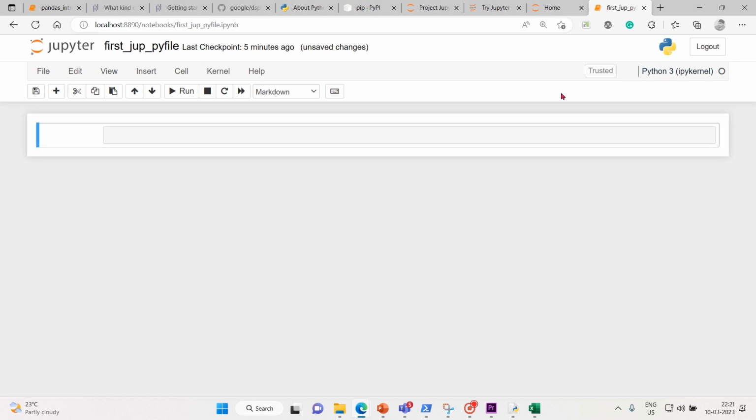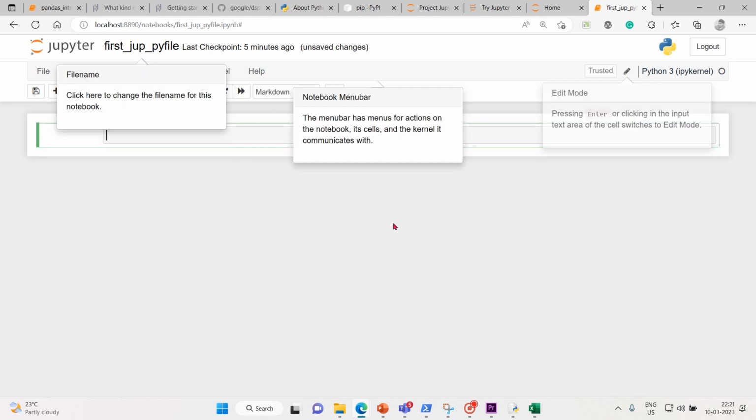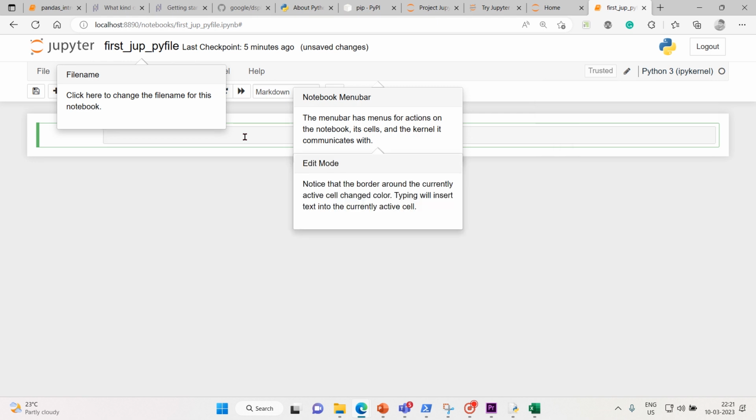Okay. So now let me click here. Let's continue this. Yeah. So this is a command mode displayed in the indicator area. Then we have this is edit mode. Pressing enter, as I told you, pressing enter or clicking in the input text area of the cell switches to the edit mode. So then notice that the border around, the most important aspect, the border around